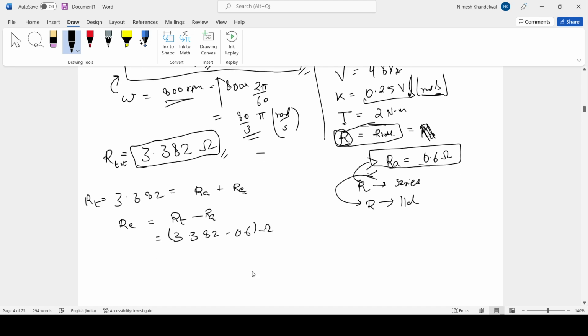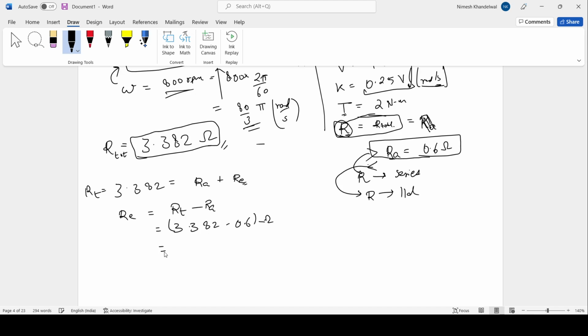This is the extra resistance that I need. So finally, what I get is 2.782 ohms. So this much resistance I need to add extra in series with my motor in the circuit,